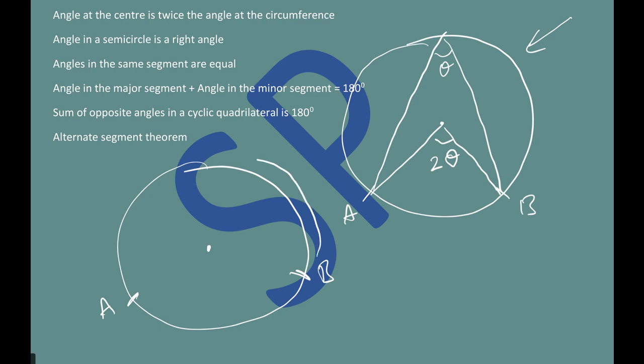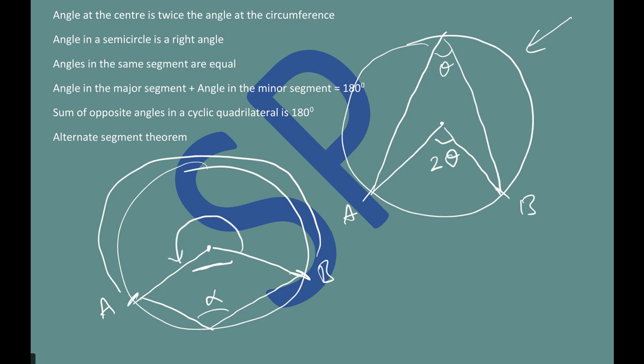You see, if you take the major arc here, then that is the angle made by AB on the circumference, and this is the angle made by this one, not this part. This is the angle made by AB at the circumference, then this is 2 alpha. So that is what we are saying in the first point over here: the angle at the center is twice the angle at the circumference. By that we mean this story only. So this part is over.